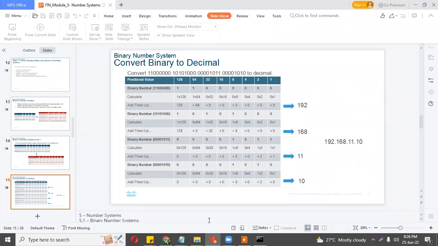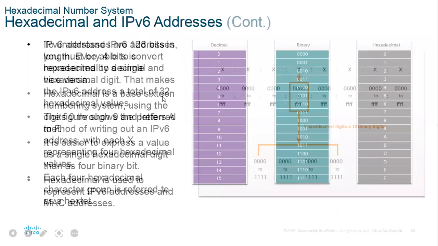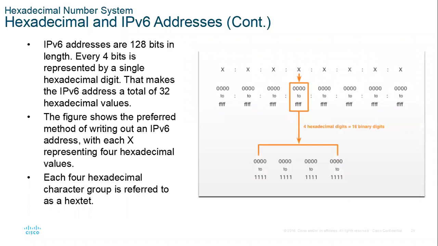Okay. So let's try it on with that. Like I said, IP version 6 addresses are 128 bits in length. Every 4 bits is represented by a single hexadecimal unit. So that makes up a total of 32 hexadecimal values. So you have 1, 2, 3, 4, 5, 6, 7, 8, right? But the point is that, for instance, for